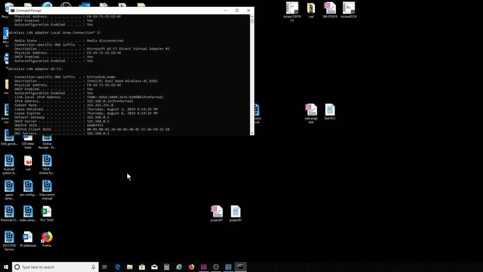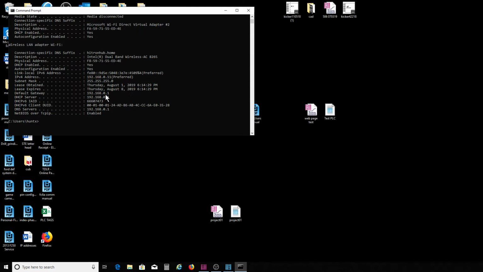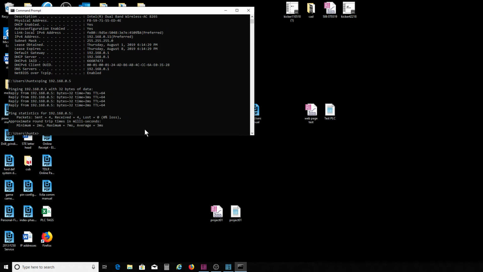But just to explain that, this CMD prompt is a very useful tool too. When you're working on the Ethernet or Wi-Fi, especially with your devices, to see if you're getting one, you want to do ping. Do your ping space 0.5. Let's see if we see our... see, there's our